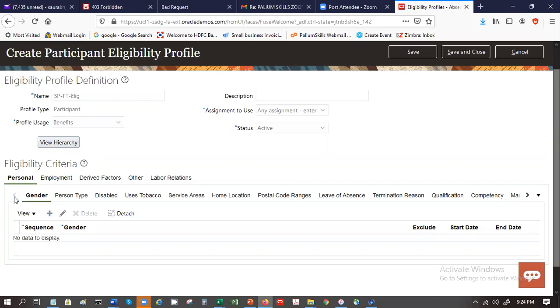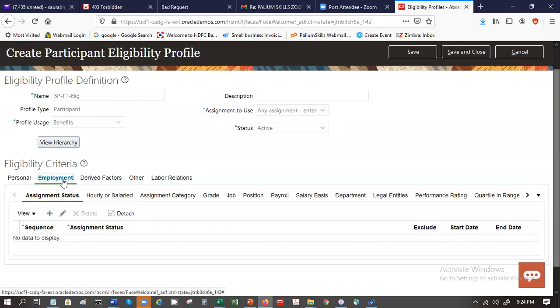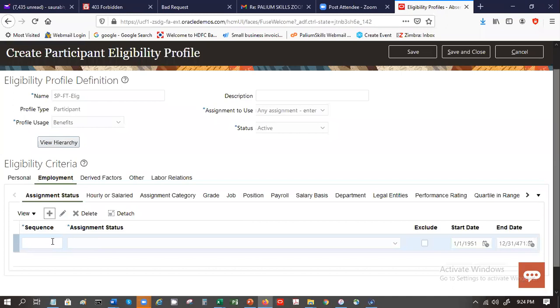Now let us go to where shall we do it? Acha, employment. So under employment, we want to see, okay, we can say create, and what is the order.